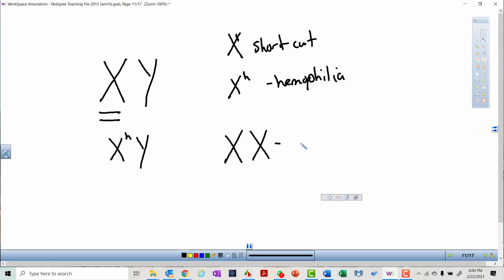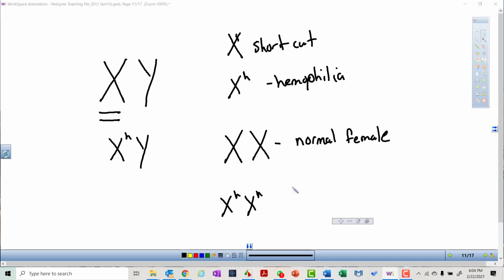So this here would be a normal female. This here would be an affected female, so hemophilia. And this here,